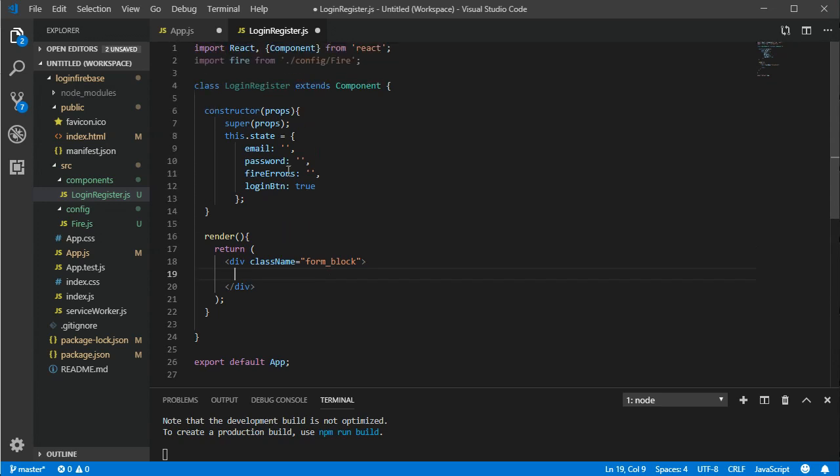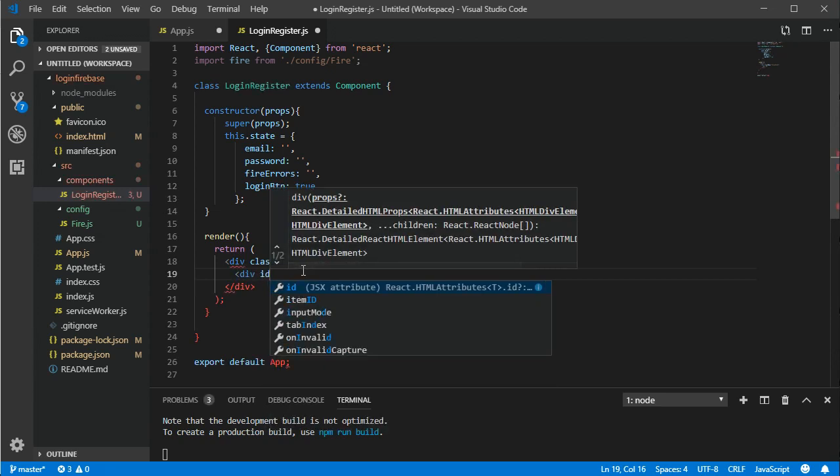I'm explaining the main functionality from here, but you are more than welcome to download the source code from my GitHub. So we have here the div class name form block, and there's gonna be another div ID,